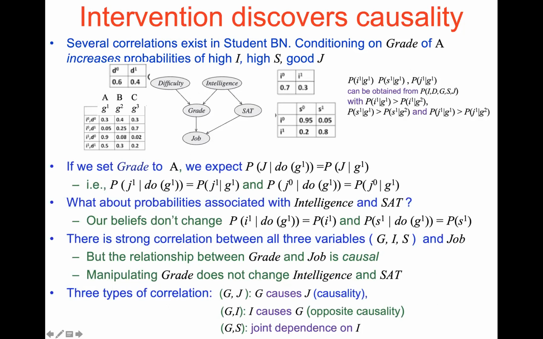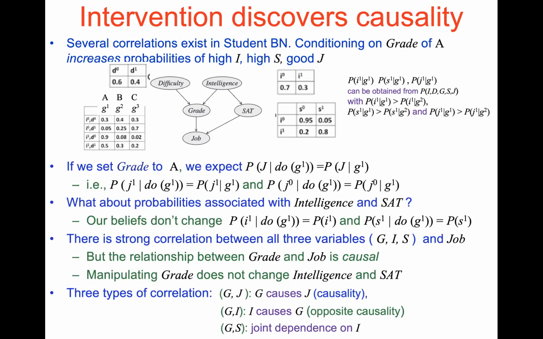So this tries to explain the difference between causality and correlation within a probabilistic graphical model that is a causal model. And one can discover whether there is causality by doing an intervention in something, one of these variables, that is this part, do of G1. And then that did not change job, which means that it is causal.